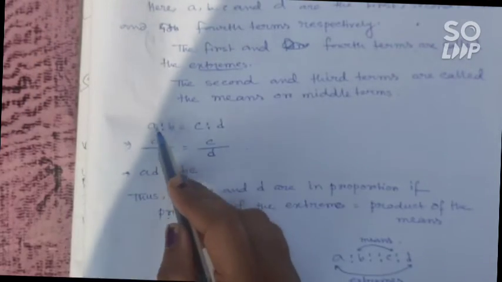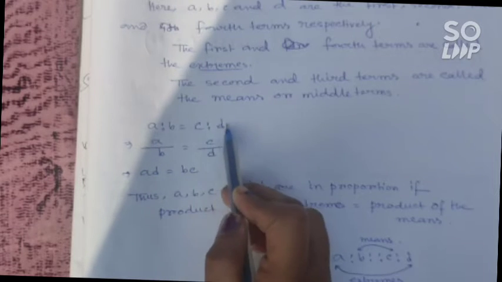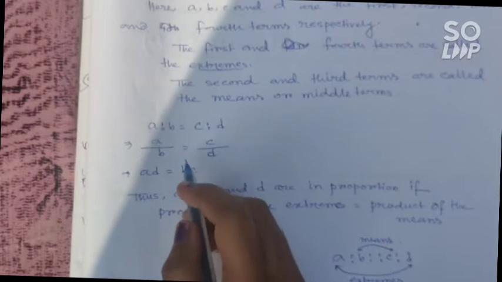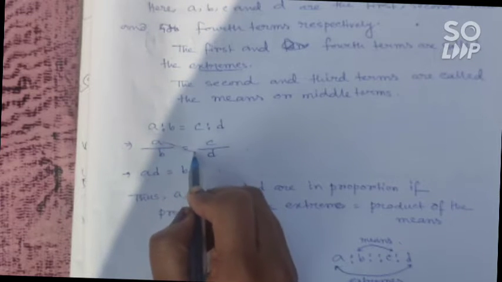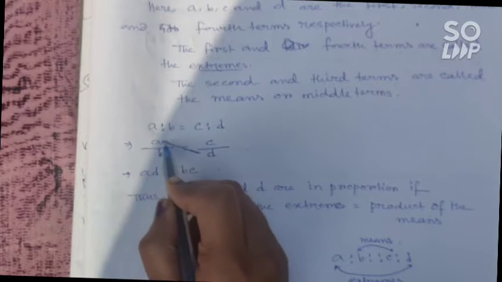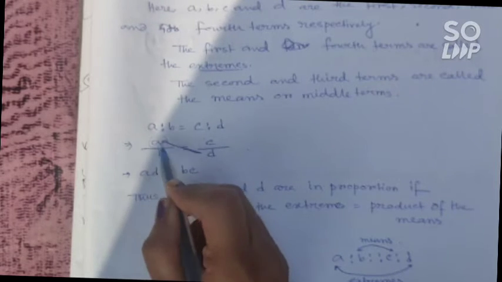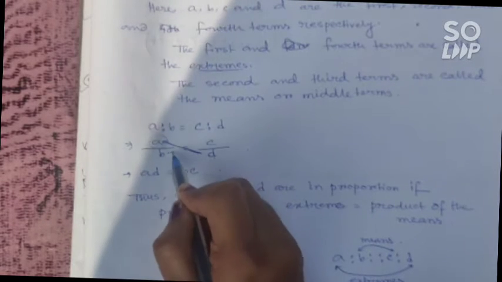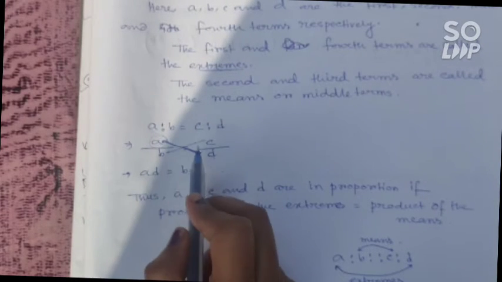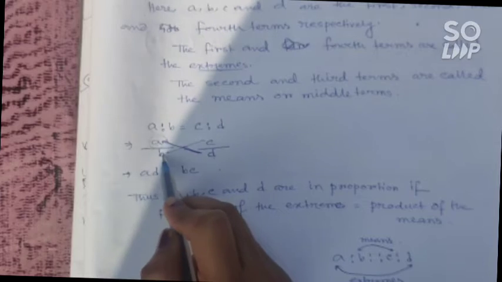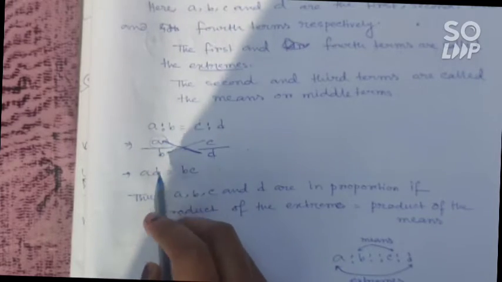A is to B can be written as A by B and C is to D can be written as C by D. So if you do the cross multiplication, that is, cross মানে কোনাকুনি যদি আমরা মাল্টিপ্লাই করি, সো এর কর্নারে কি আছে ডি, বি এর কর্নারে আছে সি। ওকে, সো আমরা ক্রস মাল্টিপ্লিকেশন করছি এ এর সাথে ডি, এ ডি অ্যান্ড বি এর সাথে সি, বি সি। Okay,